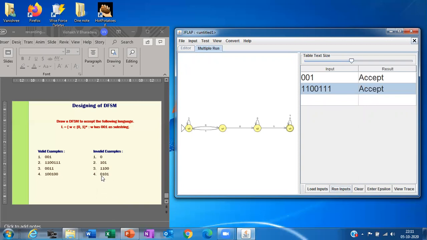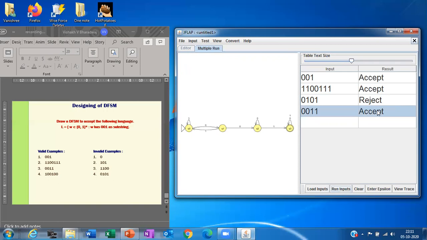Let me try with 0101. When I run, it will say reject because it does not have the substring 001. If I try out with 0011, it has the substring 001, so it should be accepted.